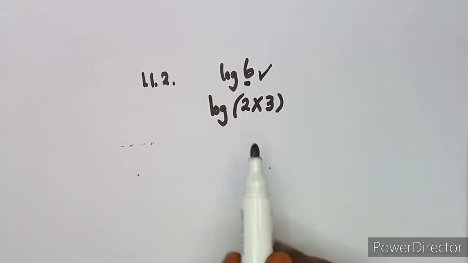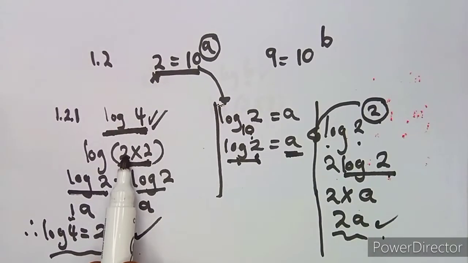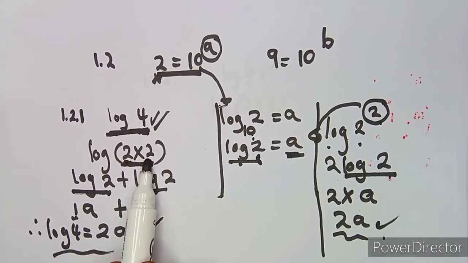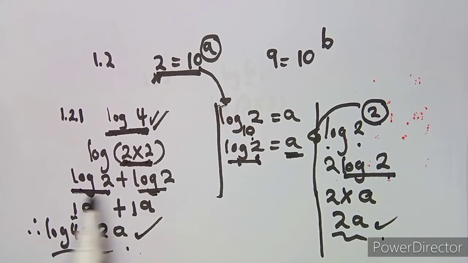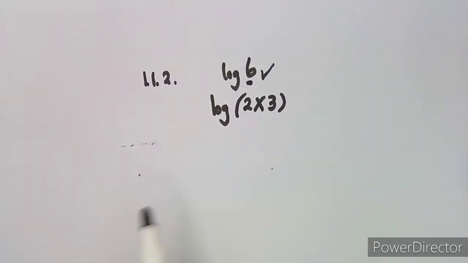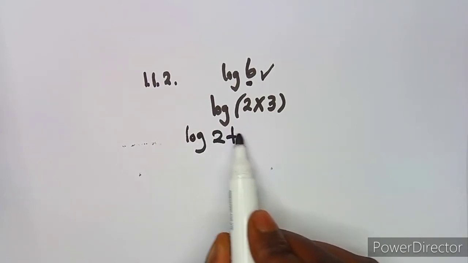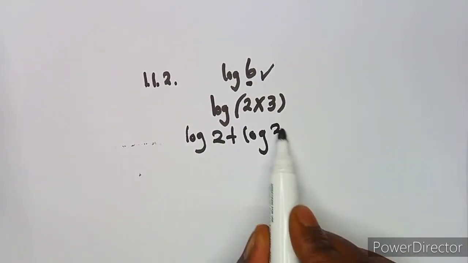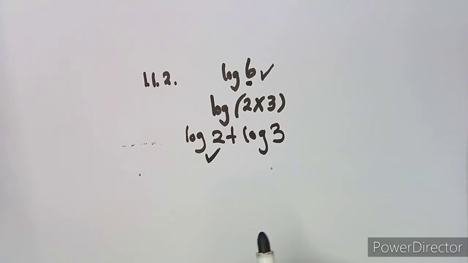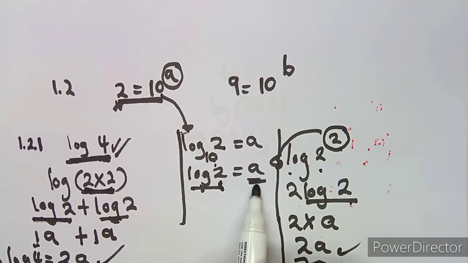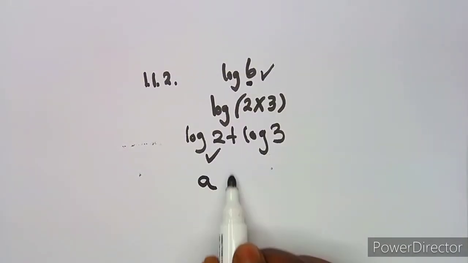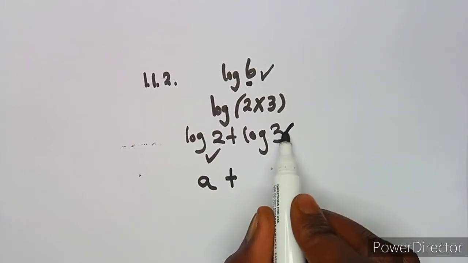Now just like what we did here, you're multiplying. What made you multiply these numbers? It's because you're adding the logarithms, which are of the same base. So you're going to add log 2 this time to log 3. Log 2 is there because we are given the value of log 2 is a, so it's going to be a plus,